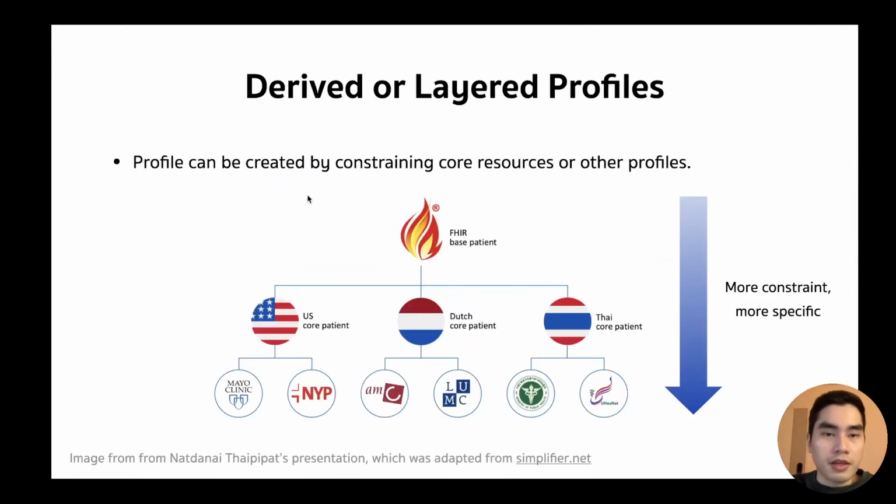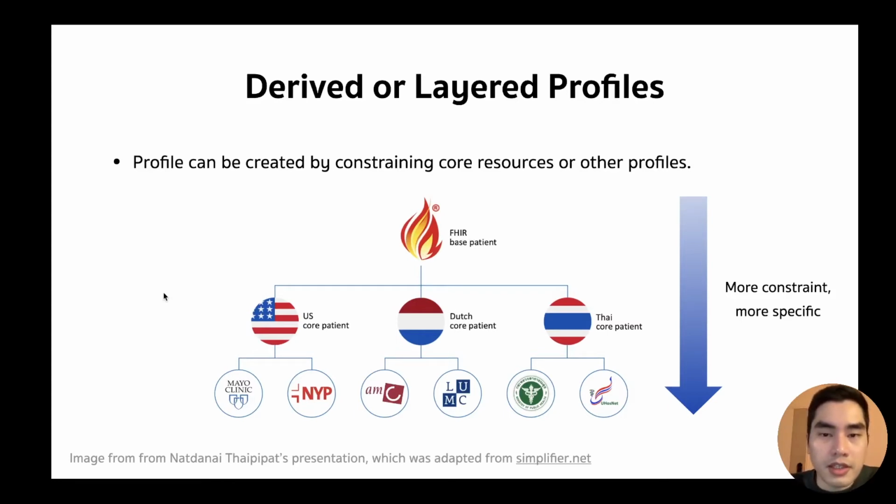A profile can be created by constraining a core resource or another profile. What does it mean? Let's say that this is the FHIR base Patient resource. When you want to create a profile, it means that you add constraints to this base resource or base profile to make it more specific for your use case, right?